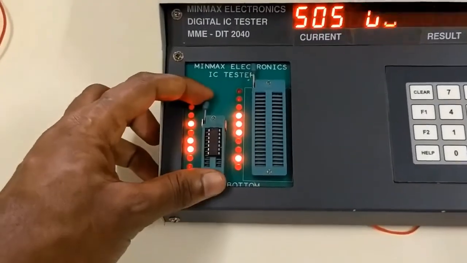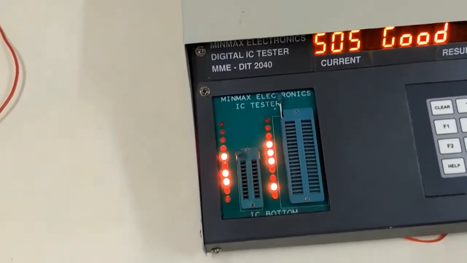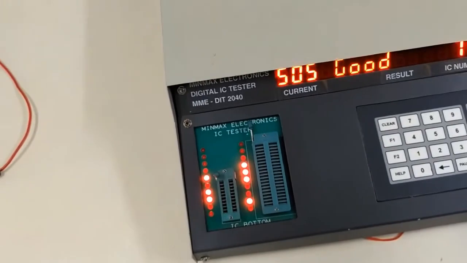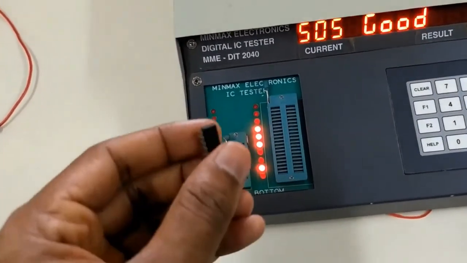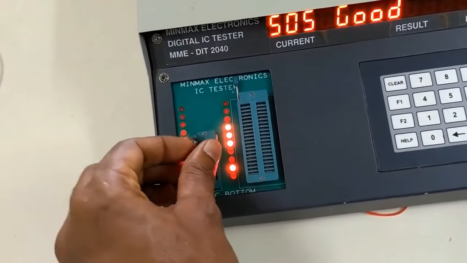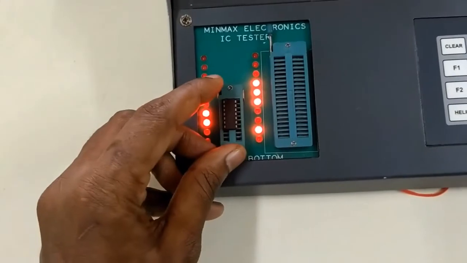Let's check with one more IC. I'm just going to replace this 7408 IC with the 7404, which is a NOT gate IC. I will place my IC very carefully here.